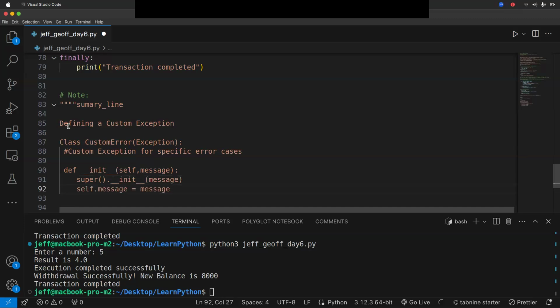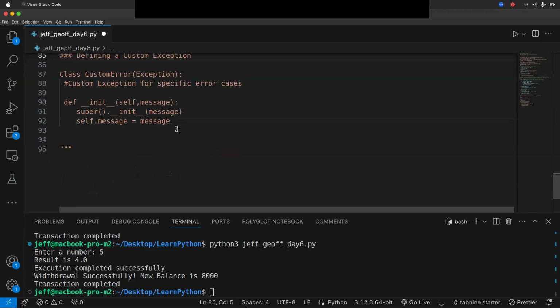Yeah. So this one is when you're defining a custom exception. That's why it is different. And then after that, you need to raise the exception, which you know. This one, you are an expert now. Raising a custom exception.